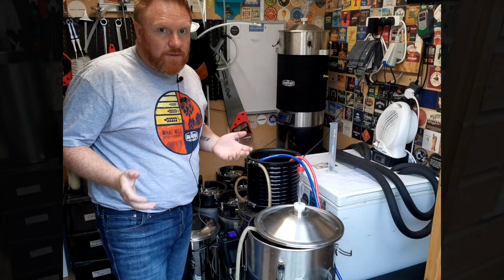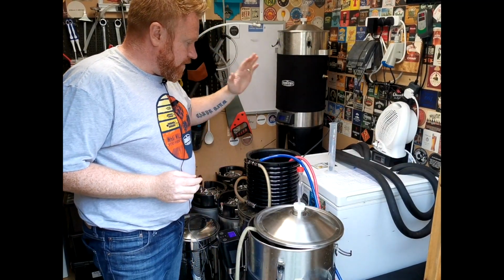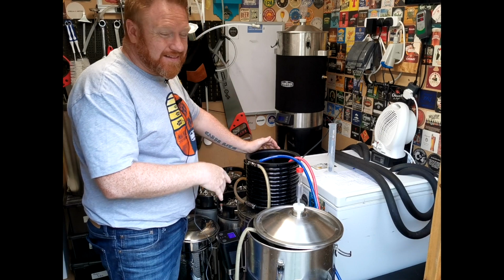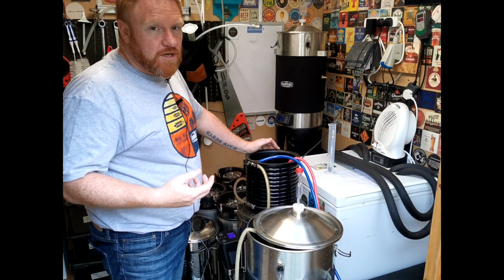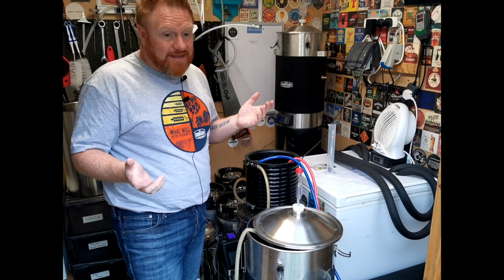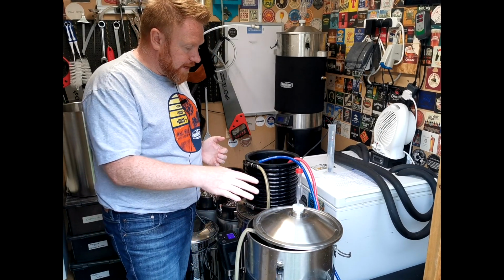Now that all the last additions have been added, I have done the whirlpool, as you have seen, reconnected the counterflow wort chiller, and let it sit for about 10 minutes in the Grainfather, just for all those hops to hopefully form in a cone at the end of the kettle here. So the next step is for me to attach the cold tap up to our counterflow wort